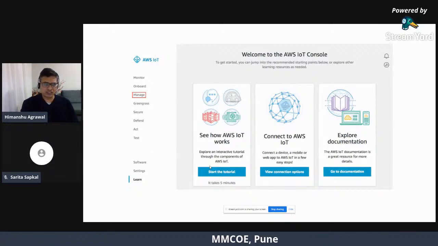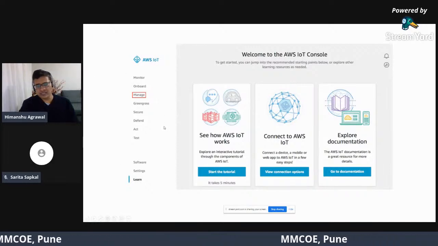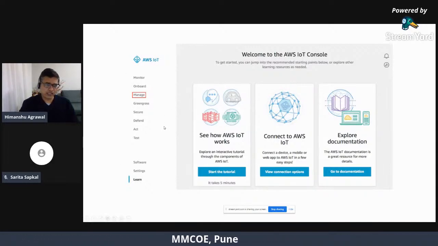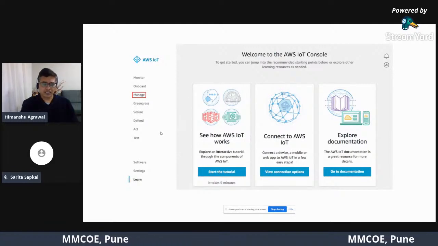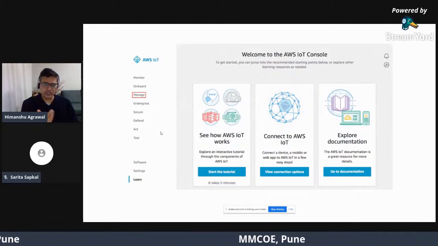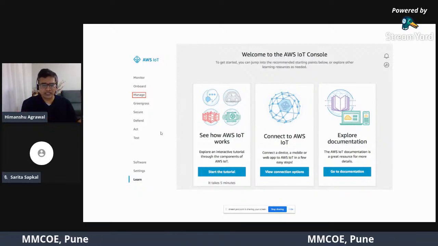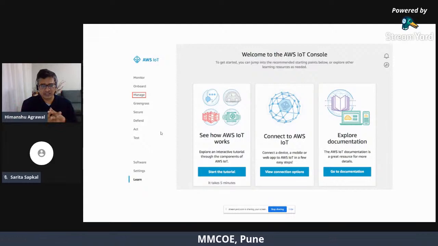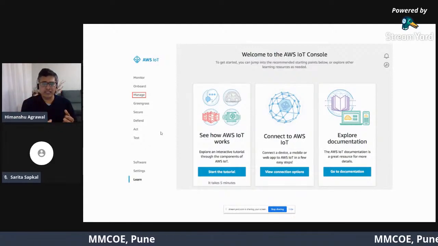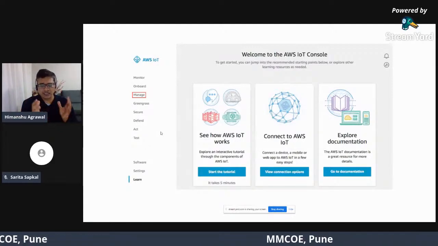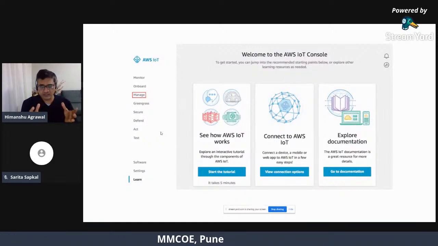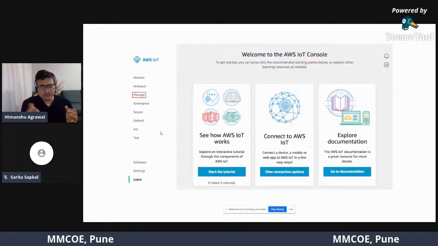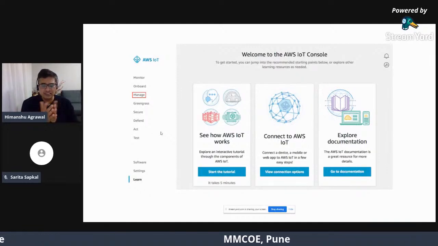When you create your account in AWS, you see this screen. I'll show you. There is a tutorial available. If you wish, you can take a tour of that tutorial, and then you can create your own file to test with, and you can delete that file as an object, right? Similarly, you can collect your data and store it as a .csv file, and you can do some data analysis on that, right?